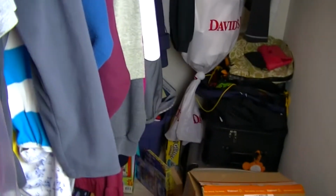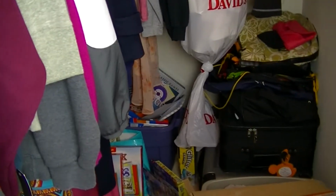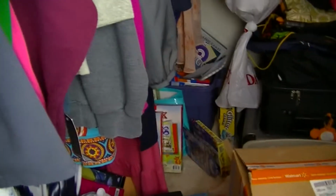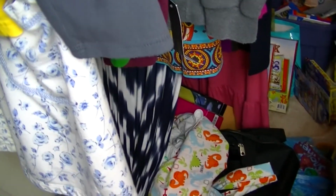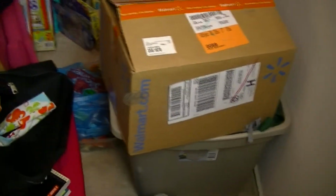On the floor in the back corner, there's the rest of our luggage. There's some bins, if you can see back there, that are full of kids' toys that are either birthday gifts or Christmas gifts, things that haven't been given to people yet. Down there somewhere, there's shoes that don't get worn very often. These are things that I cleaned out of the playroom that I need to figure out what to do with